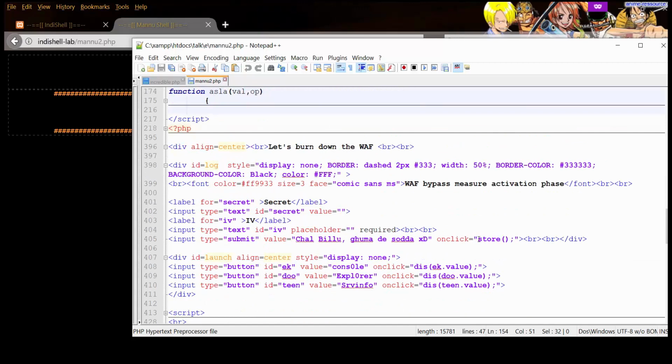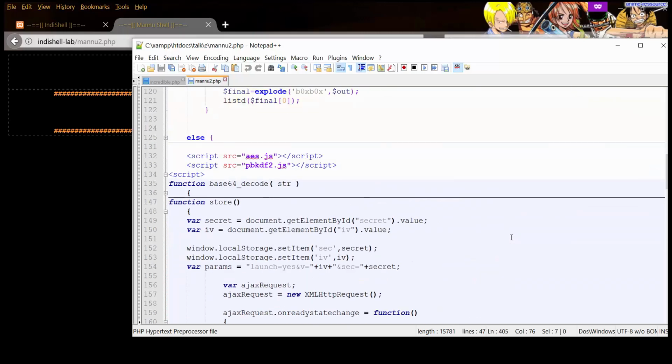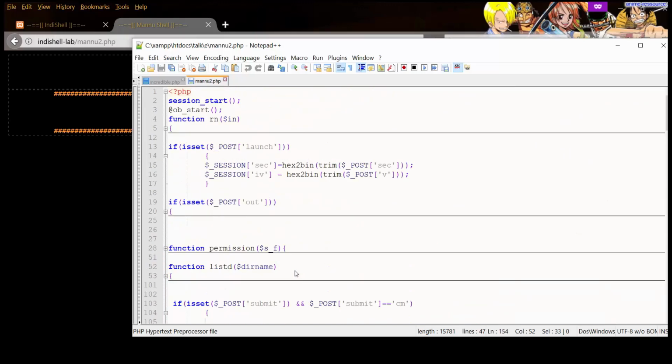The moment I click the button, it will call a function, and according to this JavaScript function, it will hold the secret and IV value in the browser's local storage, and will trigger an HTTP request toward the web shell itself, so that when these values are submitted to the web shell, they will be stored in a session variable.